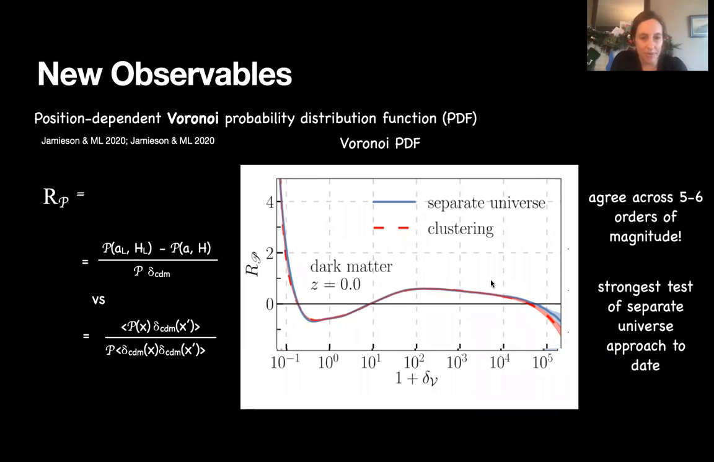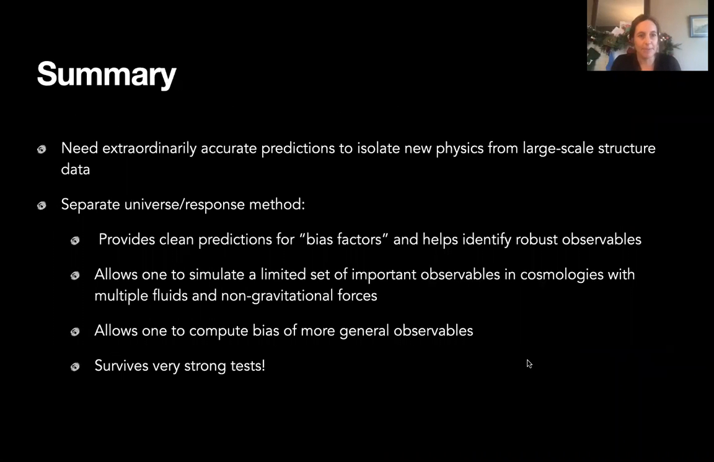Okay, so wrapping up, to look for new physics in large scale structure, as was emphasized by the earlier talks, you need extraordinarily accurate predictions. And you also want observables that isolate the new physics that you're looking for, or are robust against nonlinear evolution or baryonic physics and things that we can't control at small scales. Sorry about that. This separate universe response method provides really clean predictions for these bias factors, and can also help